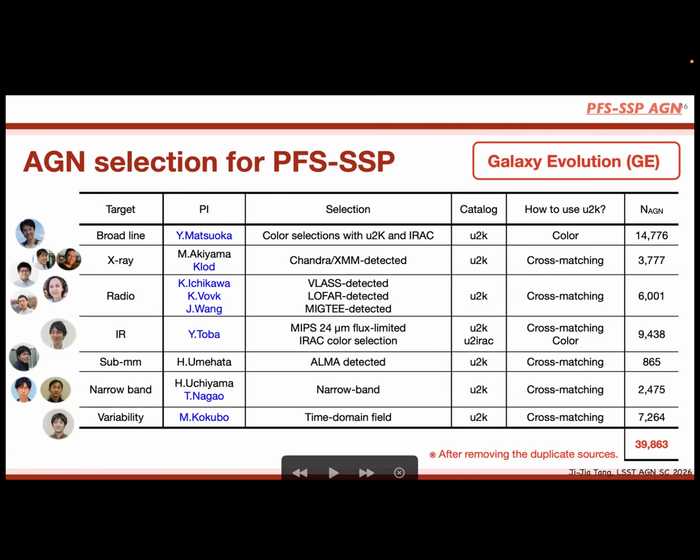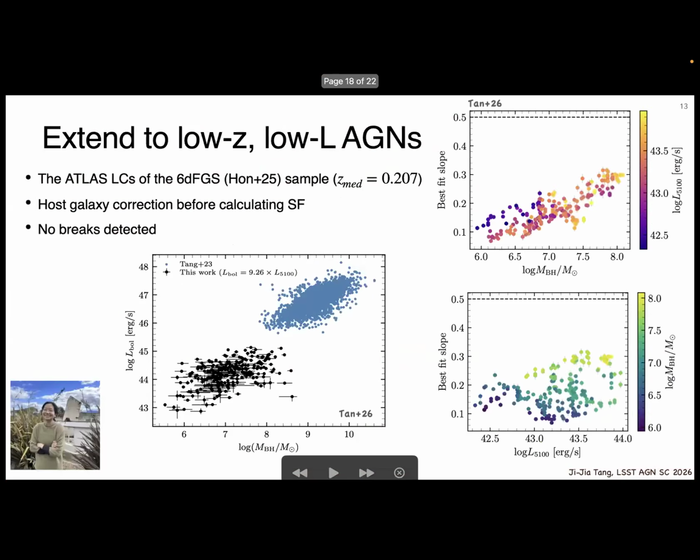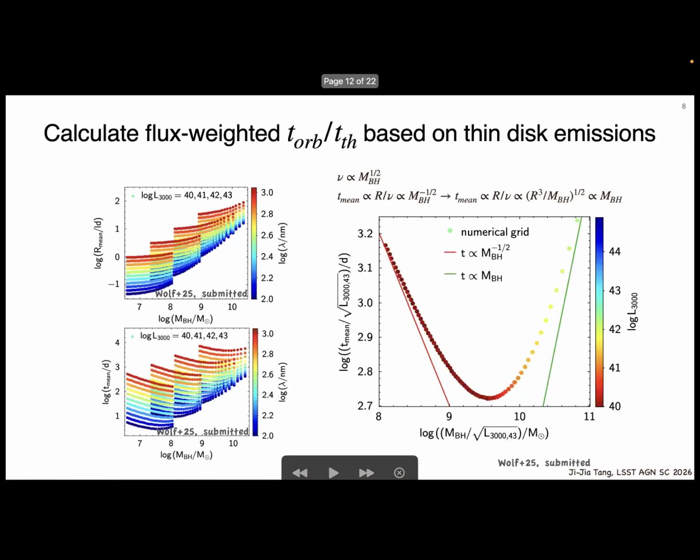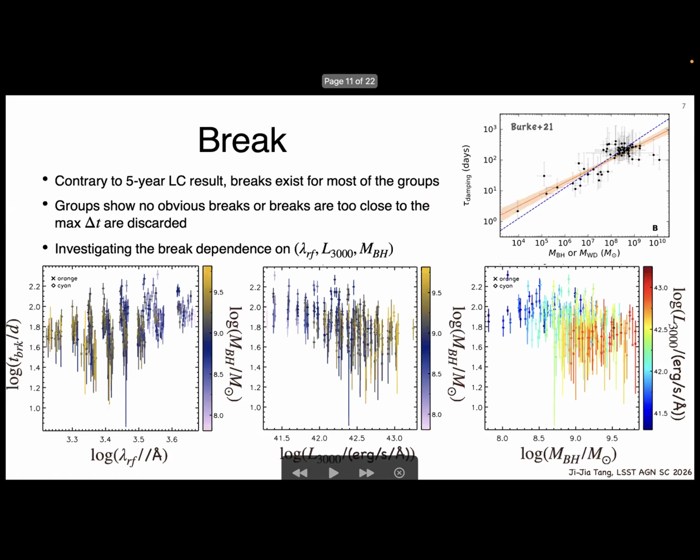Hi. You mentioned that you excluded objects where the break timescale was too close to the duration of the observations. I wonder if that cut was made for timescales that were only 1/10 of the total duration. Because I think to measure the break and the slopes accurately, you need a light curve that's about 10 times longer than the break. So was your cut